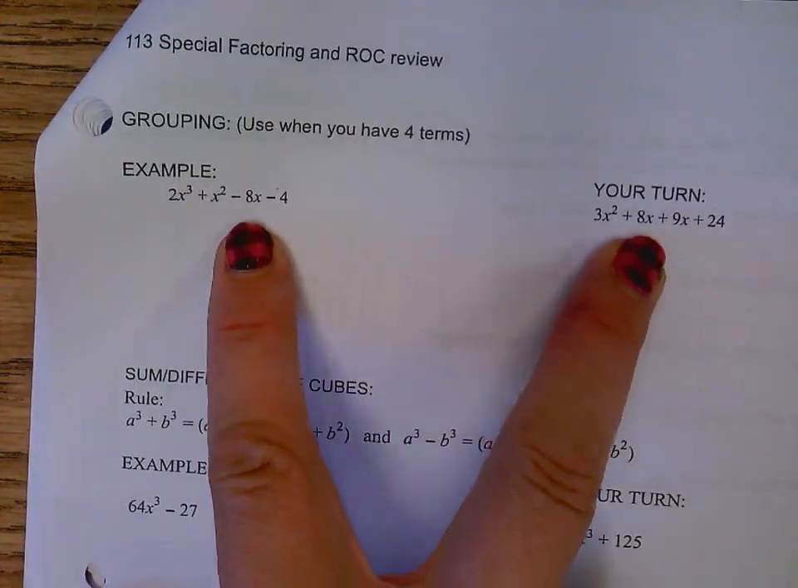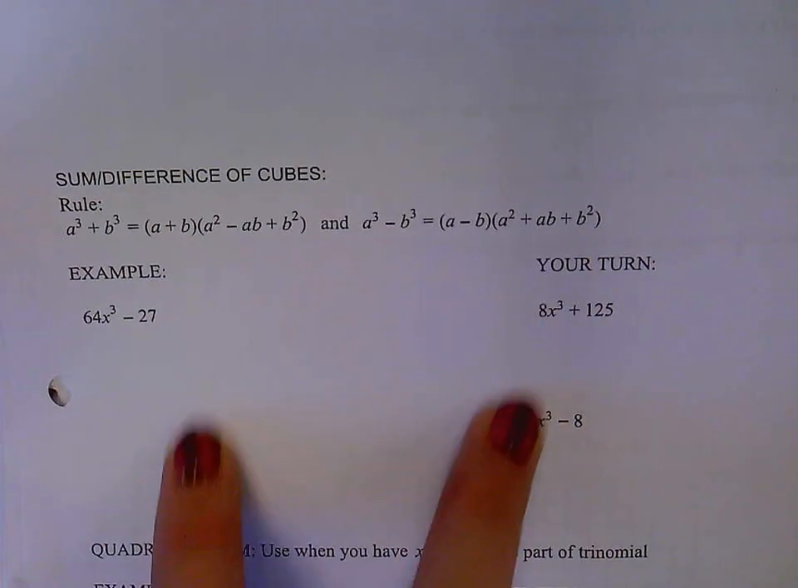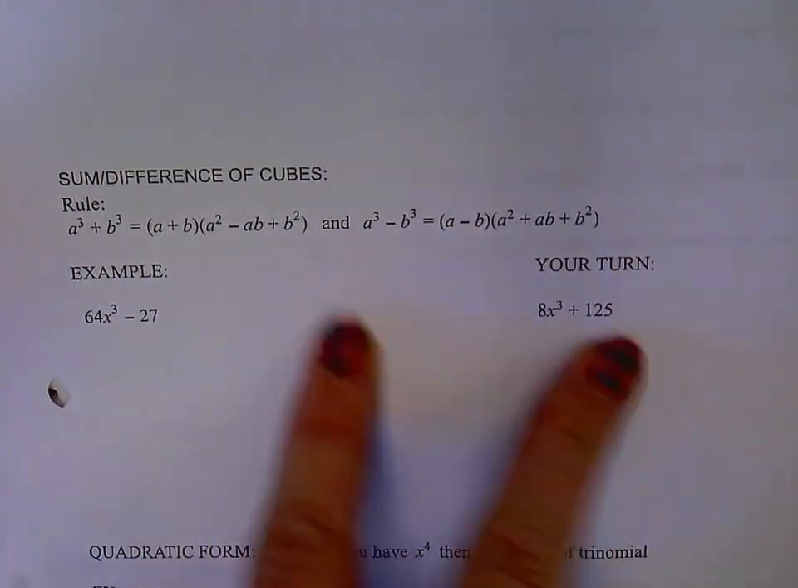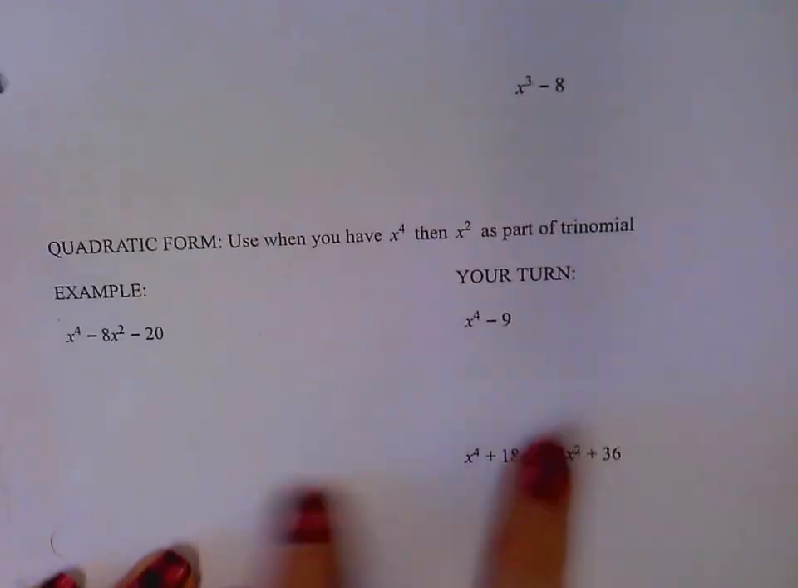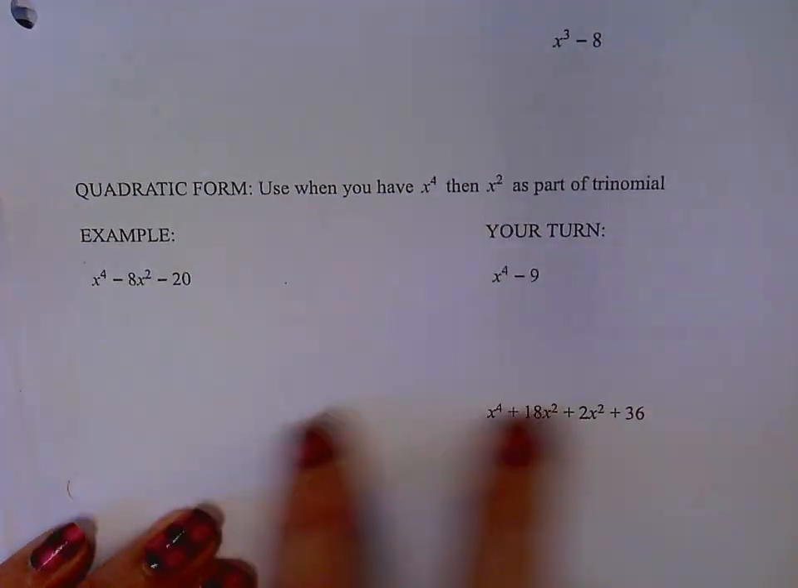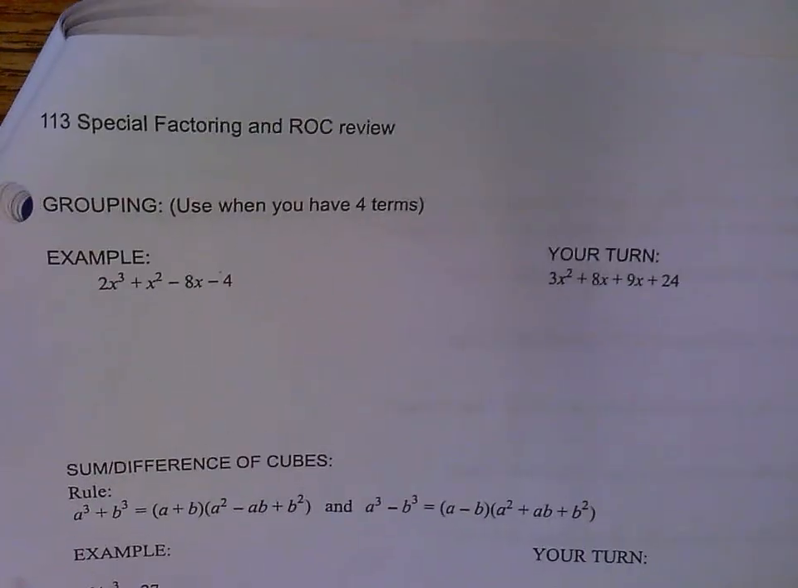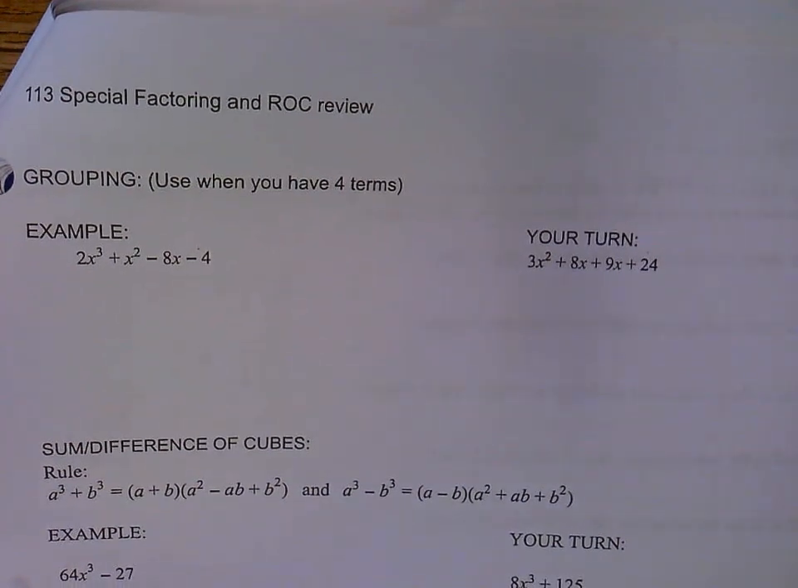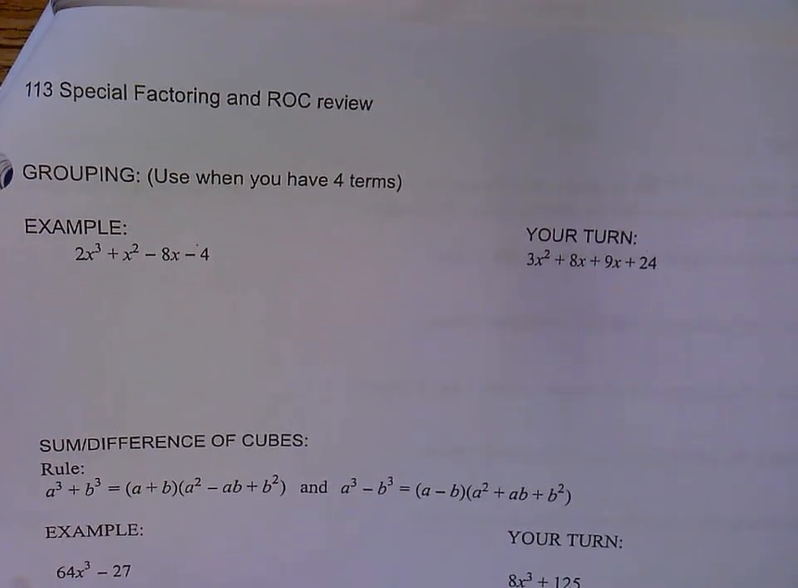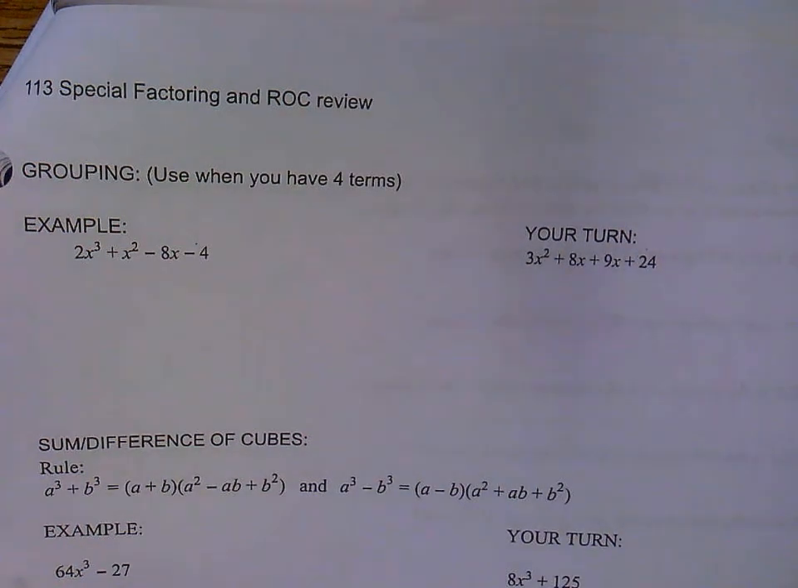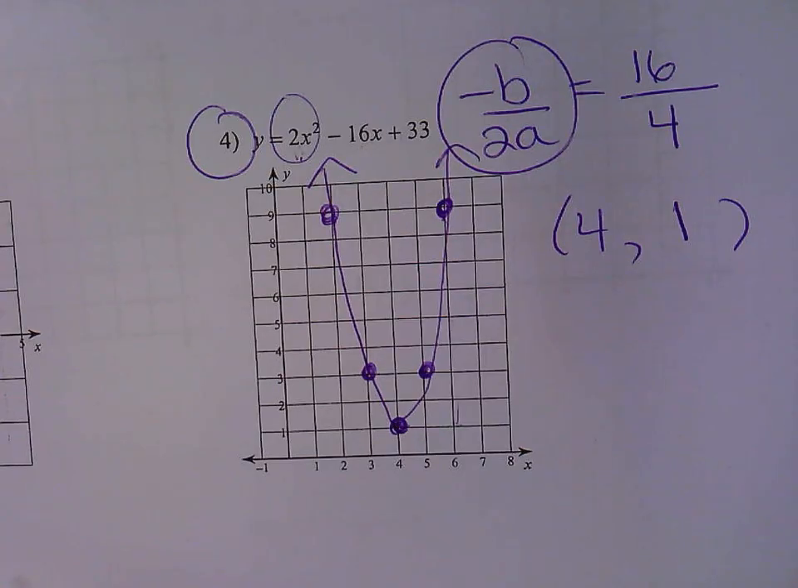These are grouping. If you want to skip the sum and difference of cubes because they annoy you, you could skip them. And then at the bottom, there's a couple quadratic forms. So I think if you could try the front page of 113 before lunch, maybe after lunch I could do a little graphing review and then you try some of the graphing on your own. This video here. So this is page